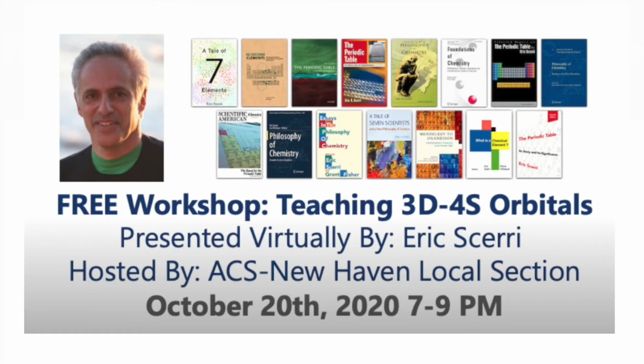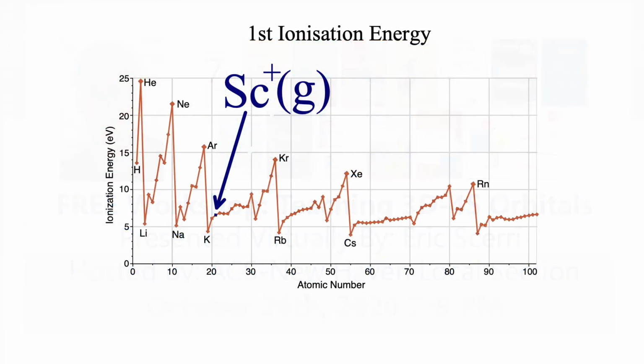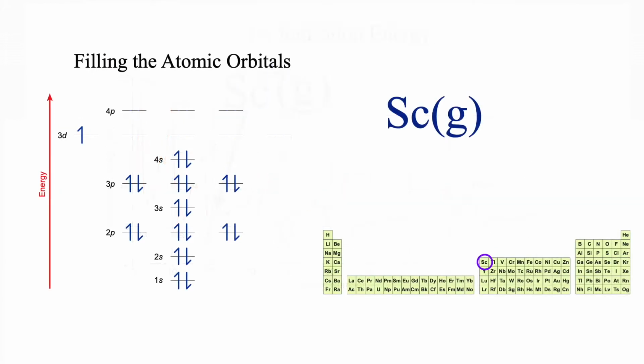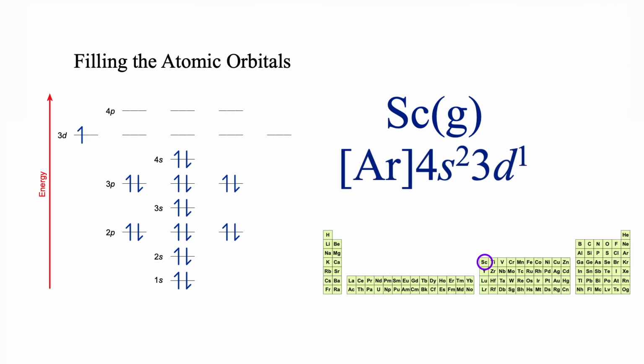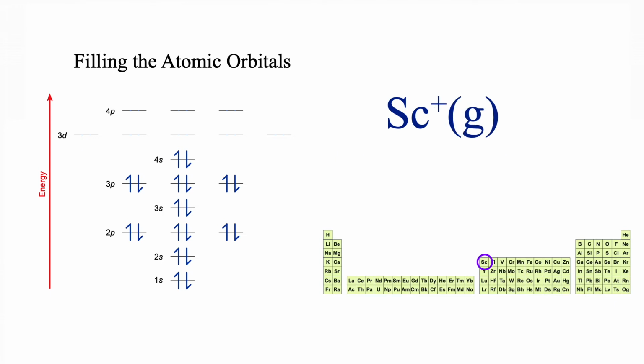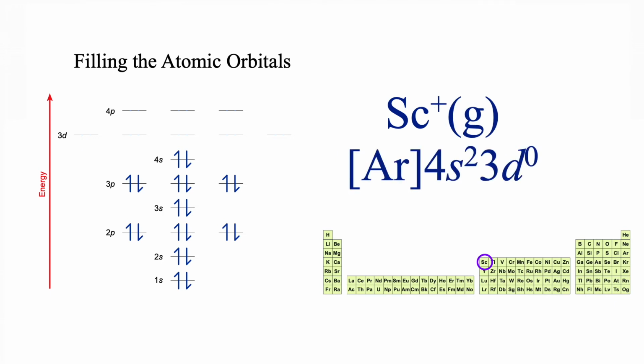Professor Eric Scerri of UCLA hosted a recent workshop looking at 3d and 4s orbitals. And he looked in some detail at the electronic structure of the scandium plus ion. Earlier on, we showed scandium with the 4s2 3d1 structure. And this would make one think that the scandium plus ion in the gas phase is going to be 4s2